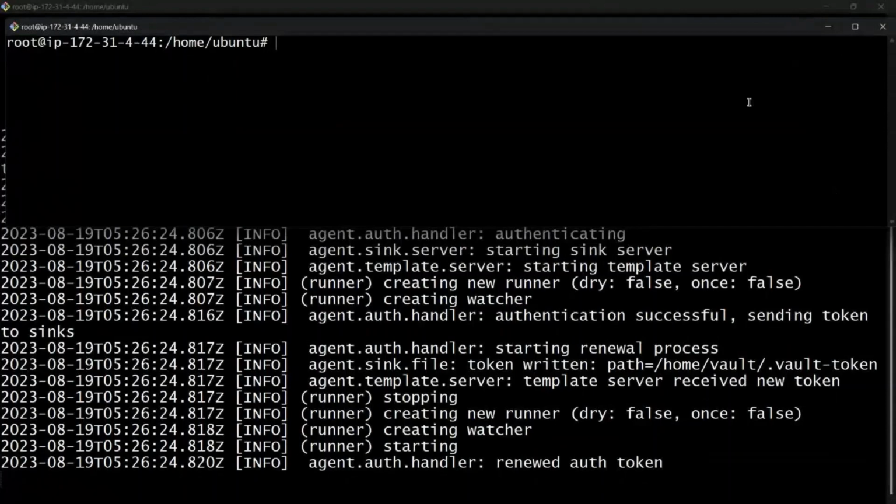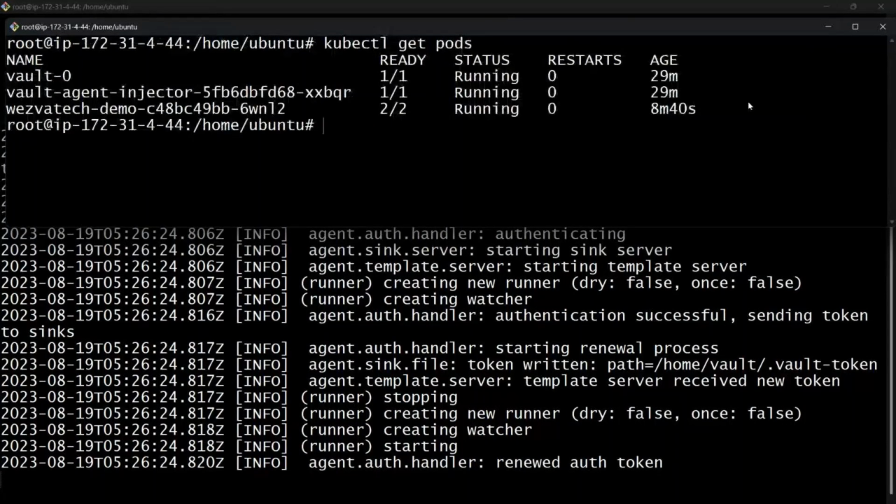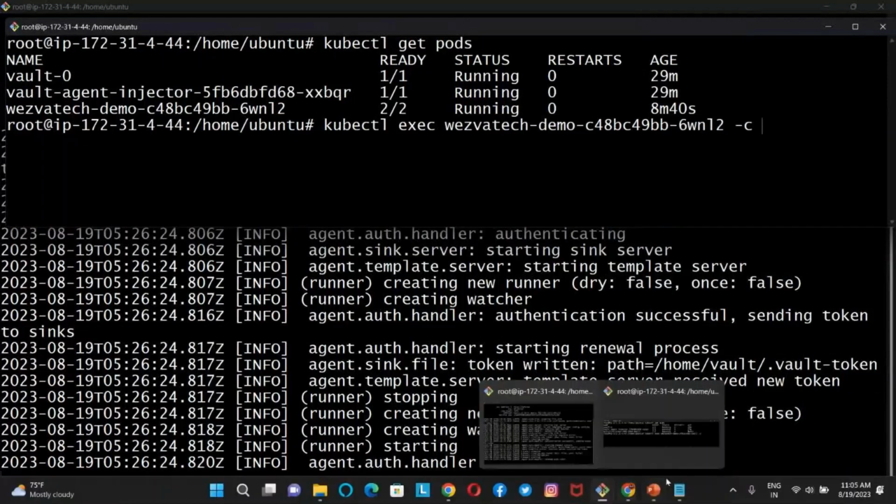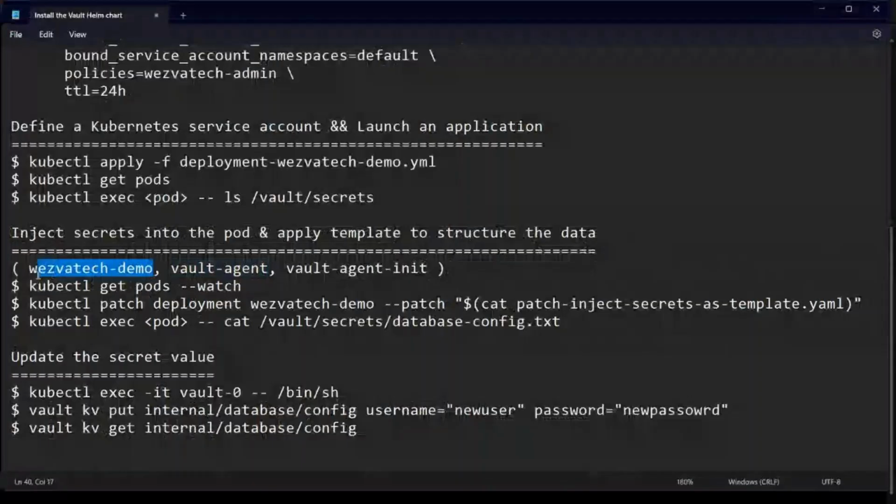Okay, so kubectl get pods. So this is the pod. If I take this kubectl exec and I specifically want to connect to the Visvatech demo container. Even if you don't give this, it'll always go by default to that main container. Okay, so if I just say